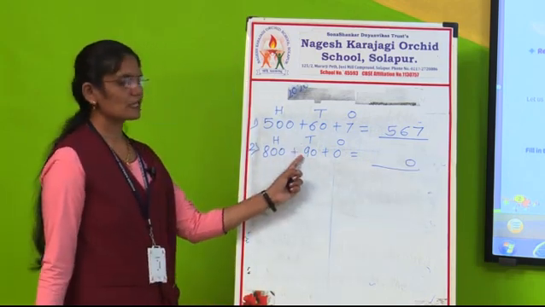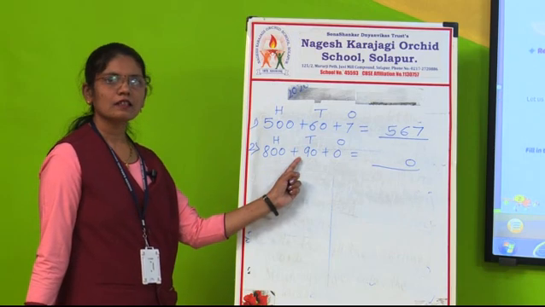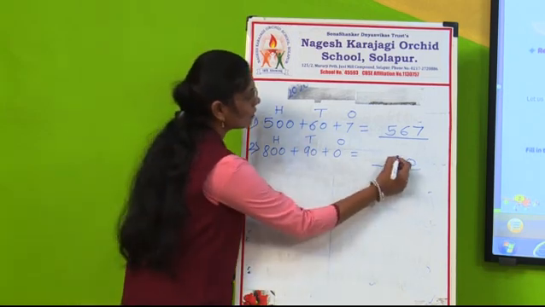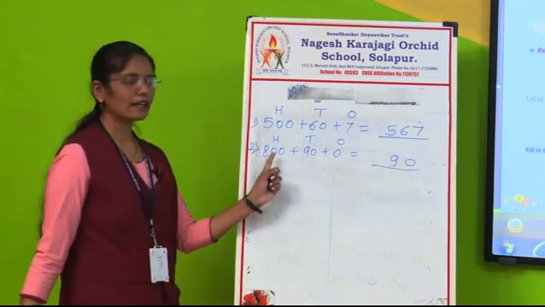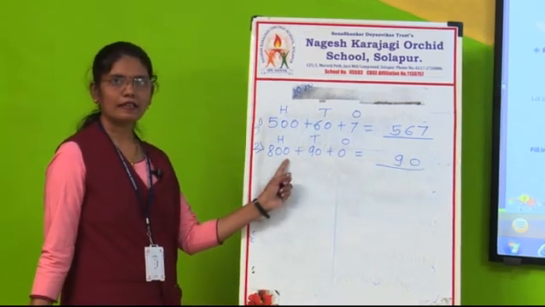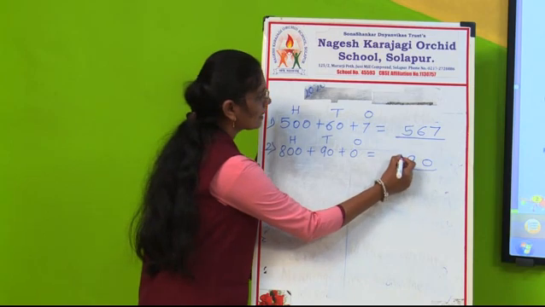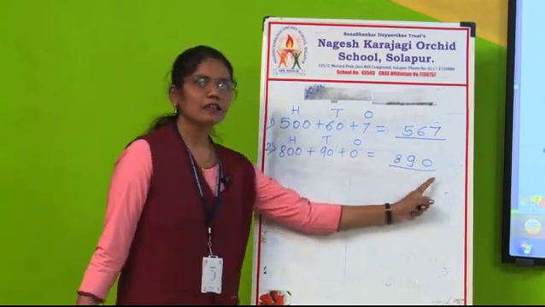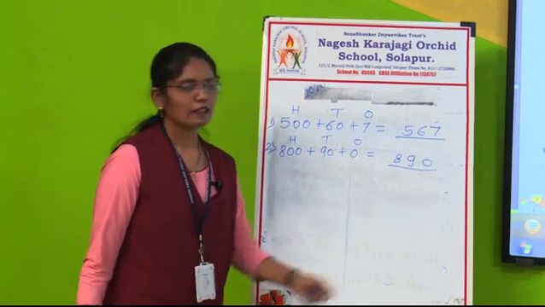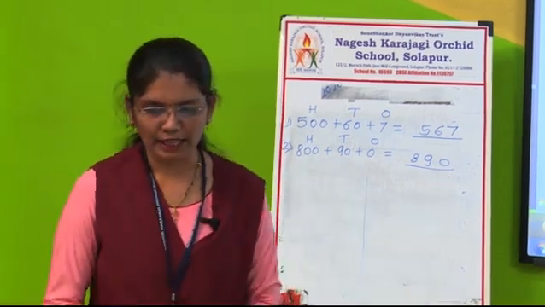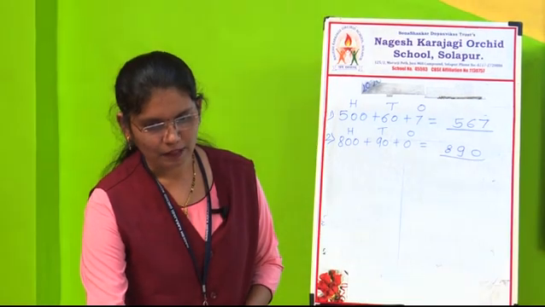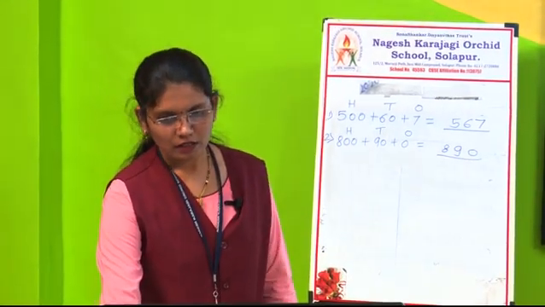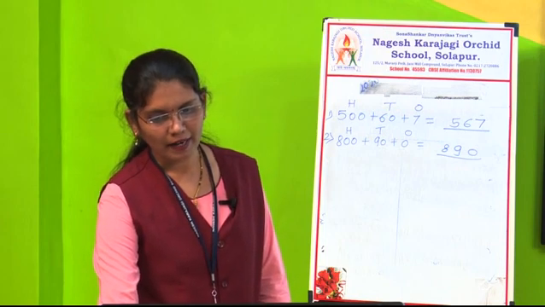Now see at the tens place how many tens are there? 9 tens means 90 is there. So we will write 9. And at the hundreds place 800 is there. So we will write 8 at hundreds place. So the number is 890. Okay. Now one more example we will take. See this last example. Can you see this? Okay, good. See, read this example in your mind.